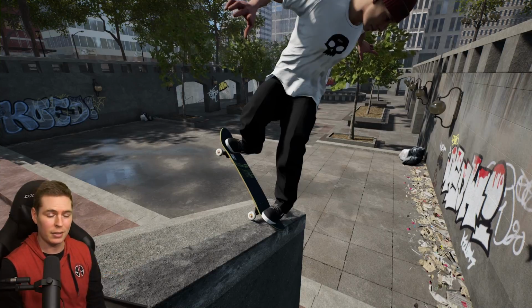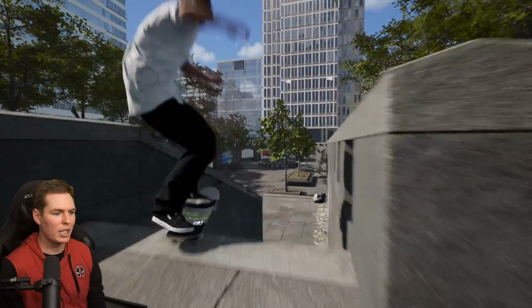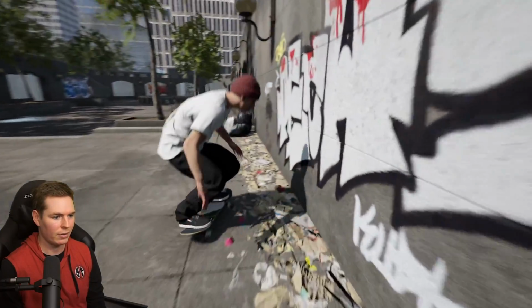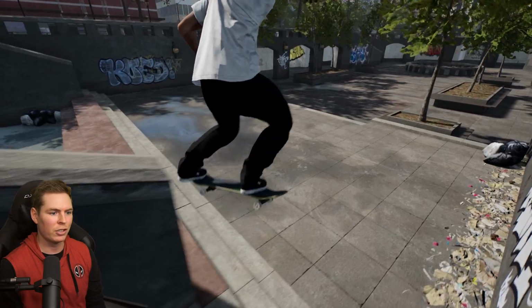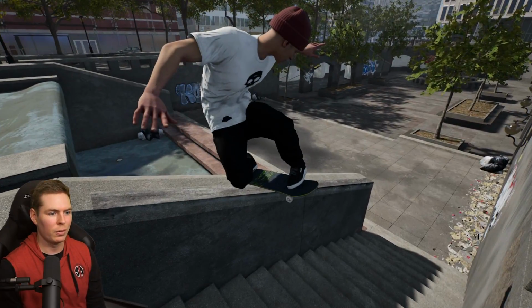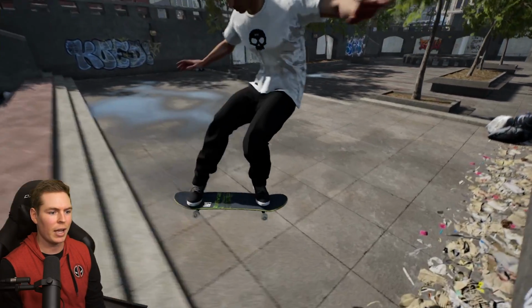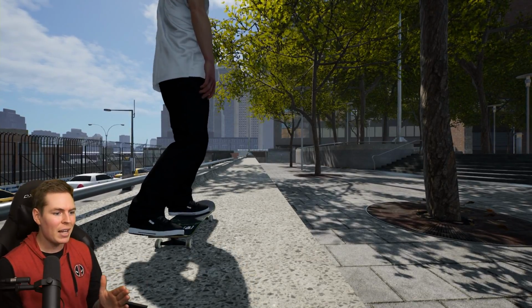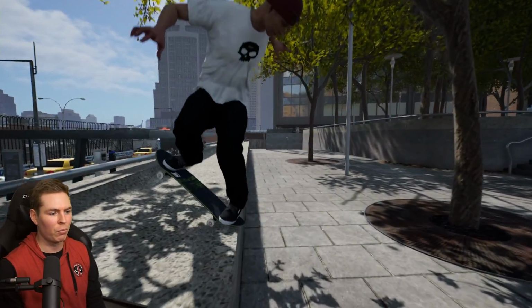Backside nose blunt, yes? And we can also agree that this would be a backside nose slide and this would be a backside tail slide. So you pop, you stay on the same side as you popped on, you put your nose onto the ledge and slide down. And fast forward a little bit and you do the same thing, but with your tail. You turn your tail onto the ledge, you stay on the same side, and you just slide on your tail. The important thing is you stayed on the same side. So let me ask you this question. What would you call this trick right here?